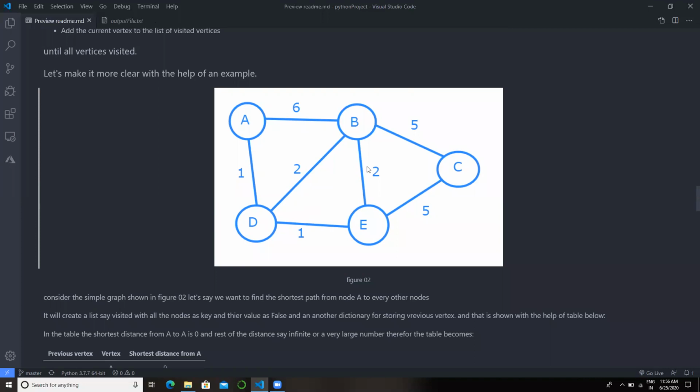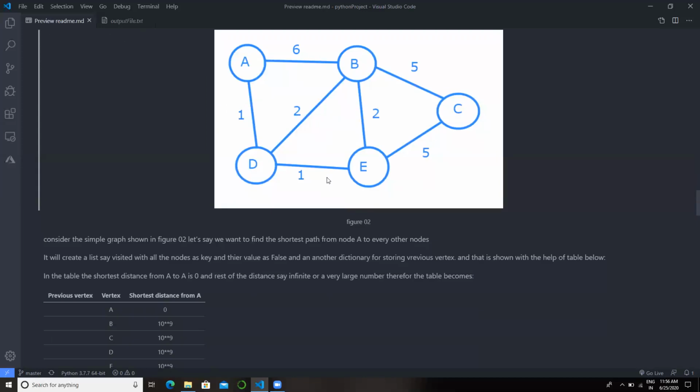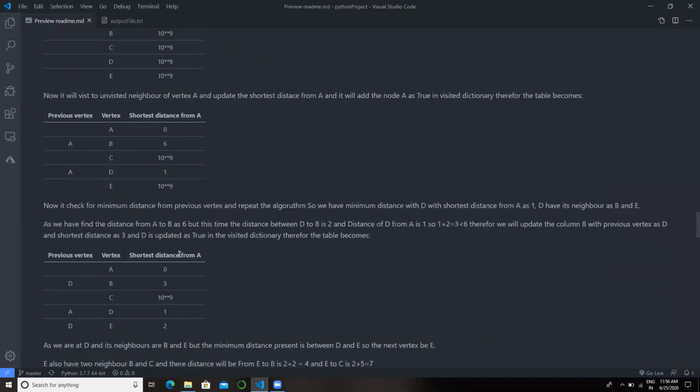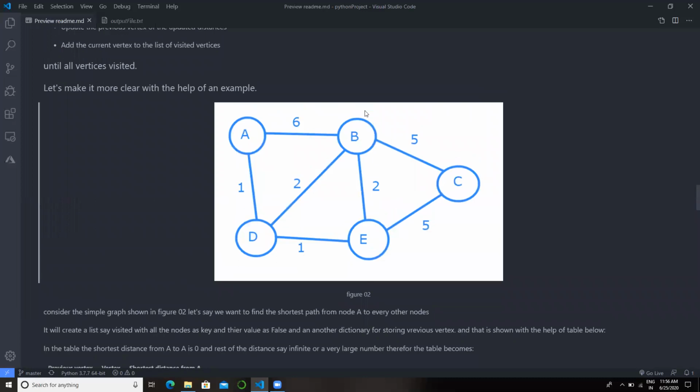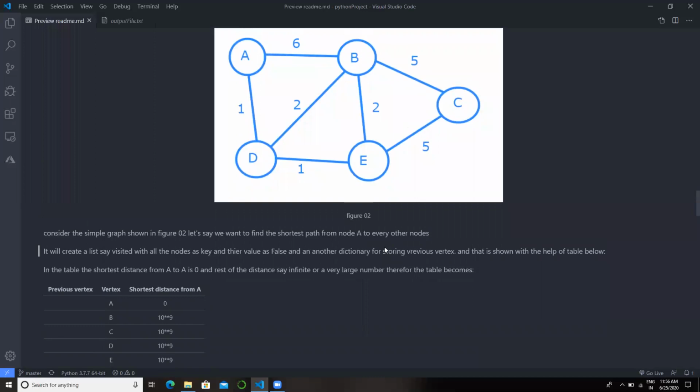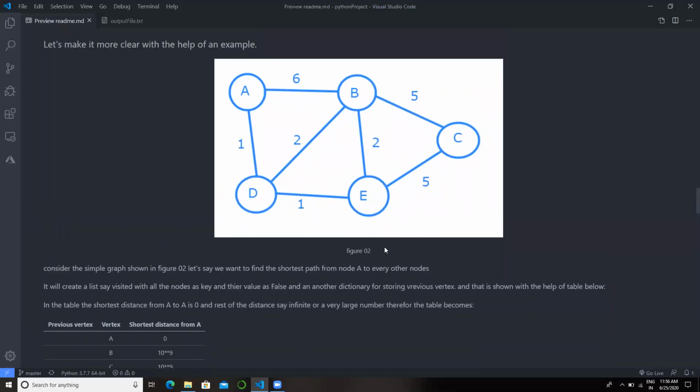Suppose for coming to B from A, we have a minimum distance of 6, and coming from A to B via D, we have a minimum distance of 3. So we will update B with minimum distance 3 and previous vertex D. Now we have this as 3 and E as 1. So between 3 and 1, we will choose E, and E is connected to B and C.